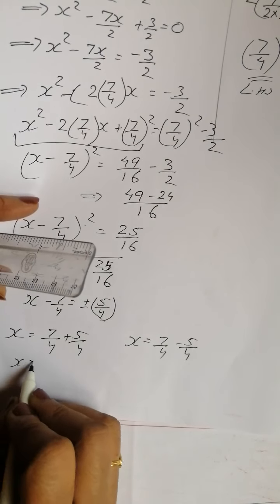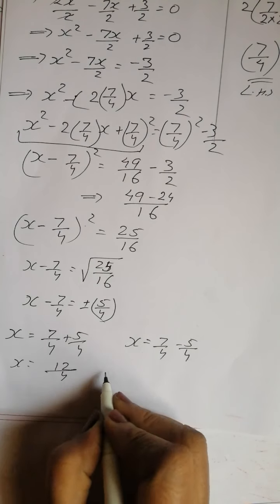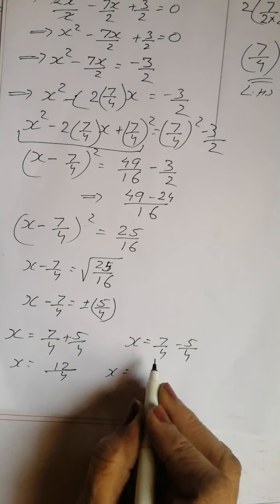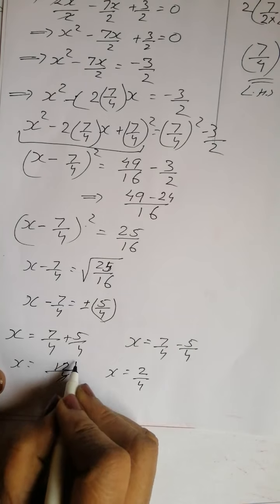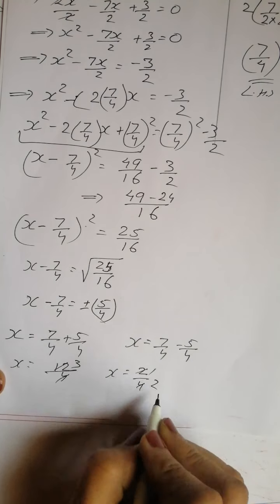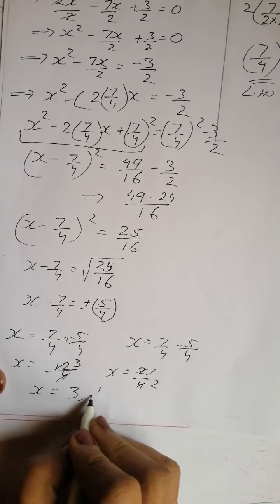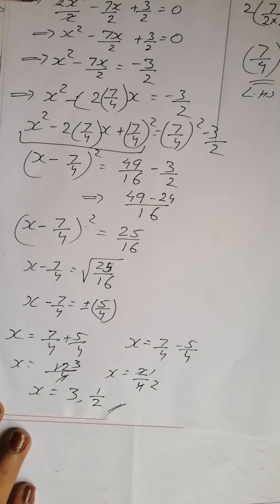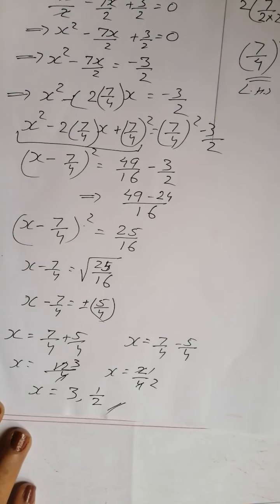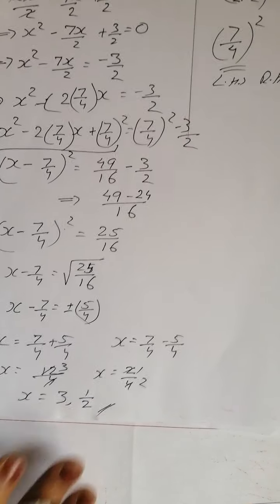So, what is x now? 7 plus 5 is what? 12. And x can be 7 minus 5 is what? 2. That is 2 by 4. The answer will be 4 3s are 12, 2 1s are 2, 2 2s are 4. So what is the answer? X is 3 or x is 1 by 2. Got it? Clear? So this is the easiest way. So the roots of the two equations are x is equal to 3 and x is equal to half. Clear? Now come to question number 2.